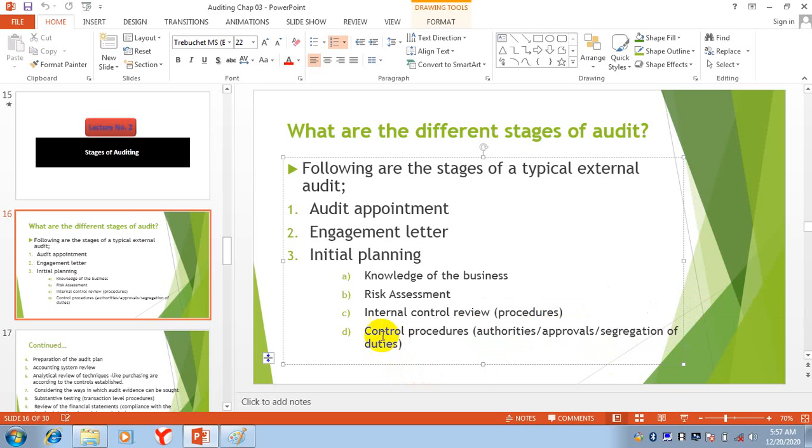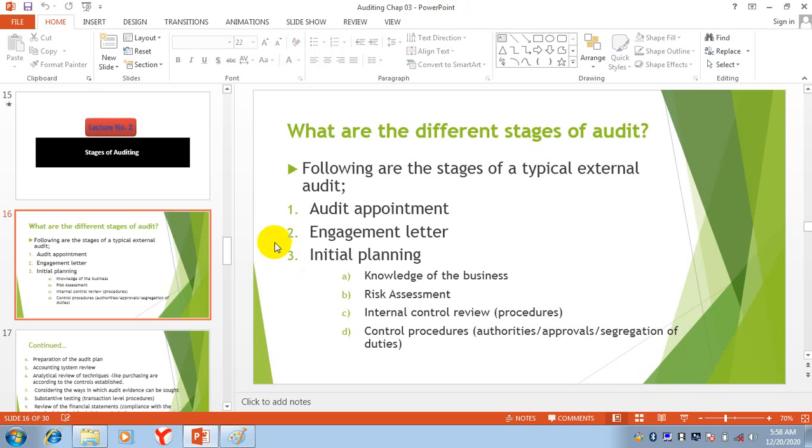So here we are focusing on the control procedures: who is controlling which thing, who has which type of authorities, who is giving the approvals for different things, and the segregation of duties, who is assigning the duties to different people. So this is the initial planning for an audit.